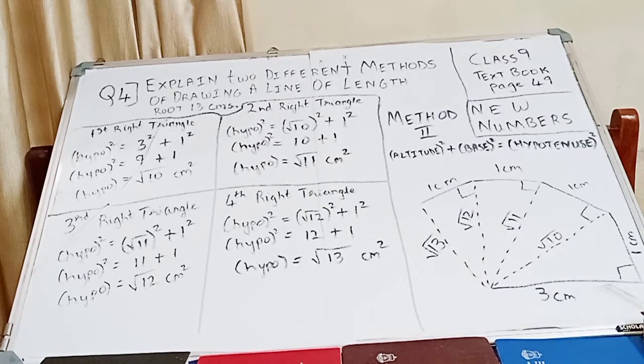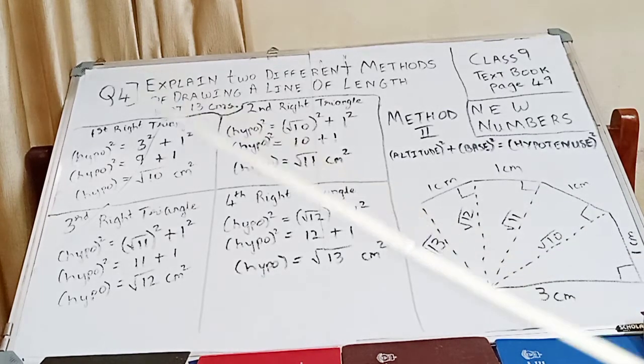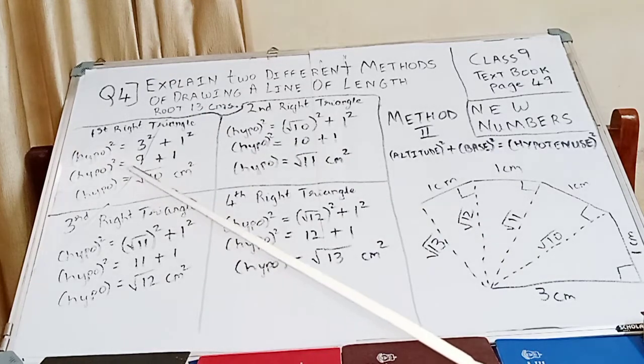Take a base of 3 centimeter and draw a right angle using a protractor, straight line, and then 1 centimeter you have to draw over here. Here you can see this is the base, this is the altitude or the height. So in order to find the hypotenuse, we can use the Pythagoras theorem formula, wherein altitude square plus base square is equal to hypotenuse square. So here we are not aware about the hypotenuse of the first right angle triangle.